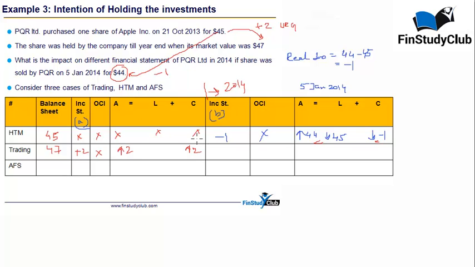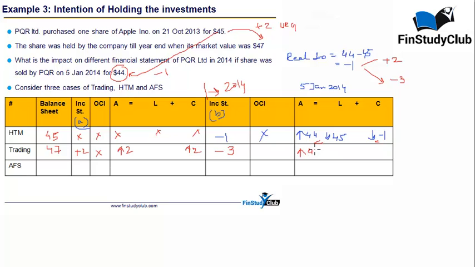That's the key. Now in the next year, out of minus 1, we have already booked plus 2. That means the income statement for next year has to be minus 3. Just look carefully. The total has to be minus 1, wherein without knowing the future movement, you have already booked a gain of plus 2. Obviously, on 31st of December, you never expected the value to go down. So you have booked a gain. Now you need to correct that situation cumulatively by booking a loss of minus 3.